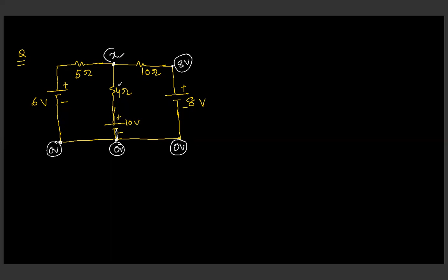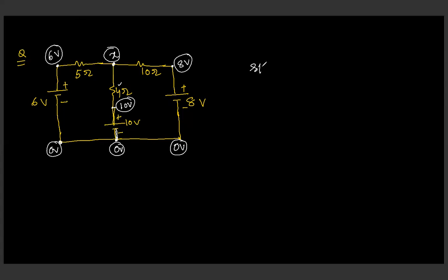So this is my unknown potential X. Let it be. But here we can easily assign it as 6 volt. So I think all the junctions are assigned with their potential. In fact, I can say that you should assign the potential to each side of the resistor. So this part is 10 volt, but this is not 10 volt because some potential drop is happening in this 4 ohm. Now we are required to find out the current through it.